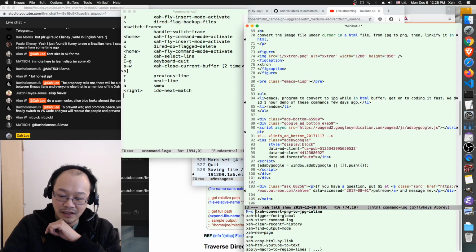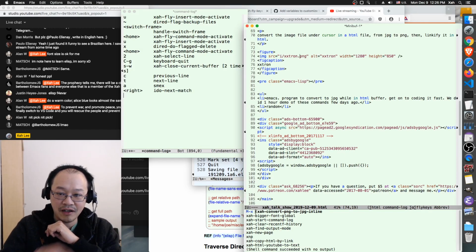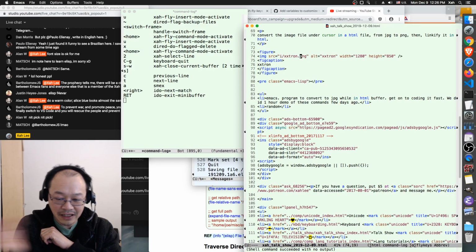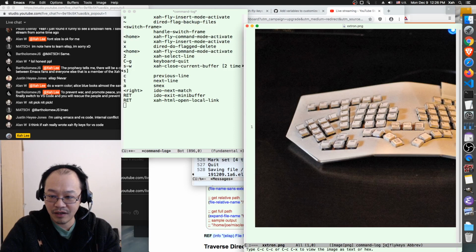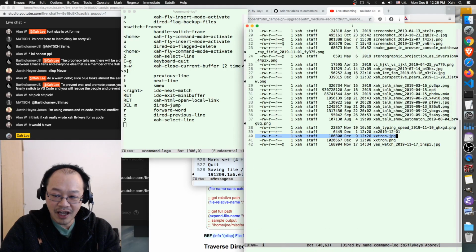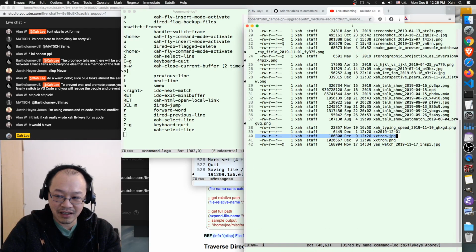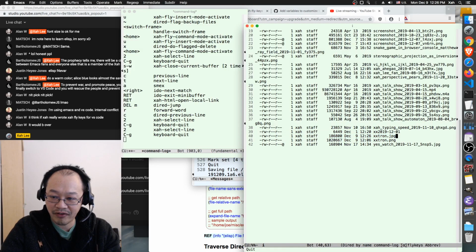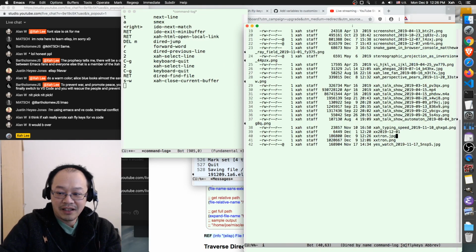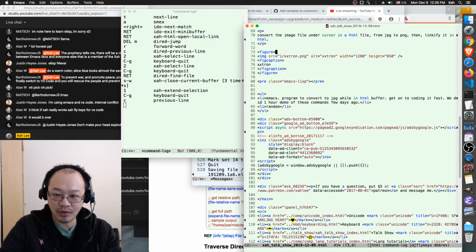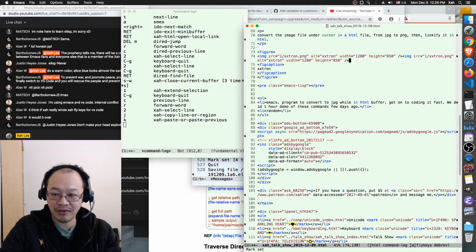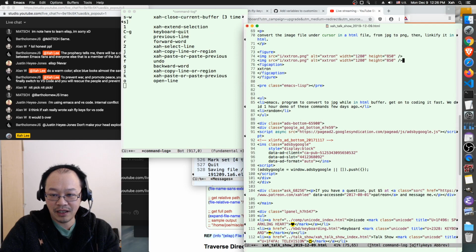Xah convert PNG to JPEG inline. Call it. It says shell command succeeded without output. So let's look at the directory. Okay, there we have it. You see, this here is our file, JPEG file. Fantastic. Now, of course, we are not done yet because we want to automatically convert this line into